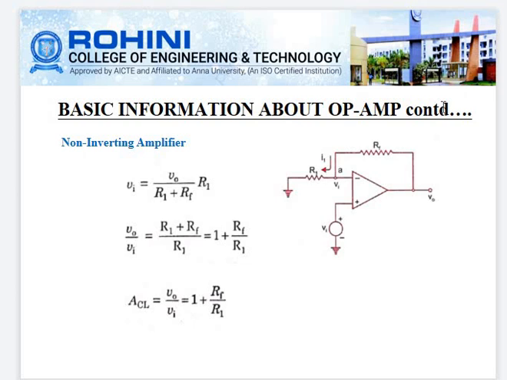The non-inverting amplifier. In the non-inverting amplifier, the input is connected to the non-inverting terminal, the feedback is connected to the inverting terminal, and the current limiting resistance is also connected to the inverting terminal, with its other end grounded. The input voltage at node A is given as V0 divided by R1 plus RF into R1. So the gain is the ratio of output by input, that is equal to R1 plus RF divided by R1. After simplification, the equation becomes 1 plus RF by R1. So the closed loop gain of the non-inverting amplifier is 1